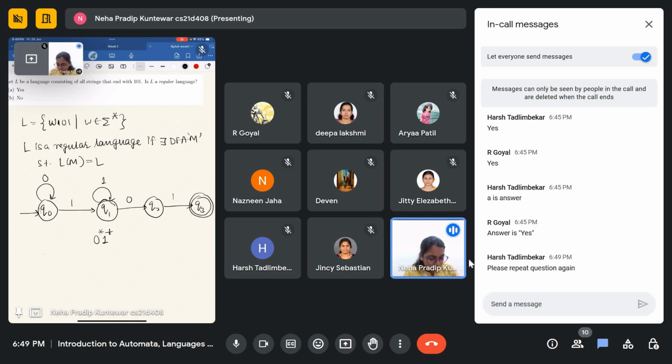I hope you're familiar with this idea of this symbol 1 plus. This is same as 1 followed by 1 star, which means you have read